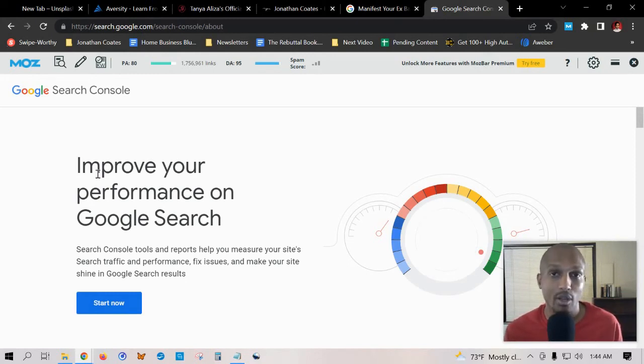And this is the quickest way to do it. Sometimes it takes about 30 minutes, and sometimes it takes about 1 to 2 days. So once you put your website in, you basically just go to the bottom of the dashboard where it says request indexing, and then Google will start indexing your website. But like I said, it's the quickest way to notify Google, and it's the quickest way to get it indexed and ranked in the search results.